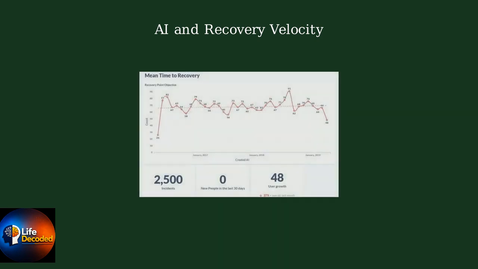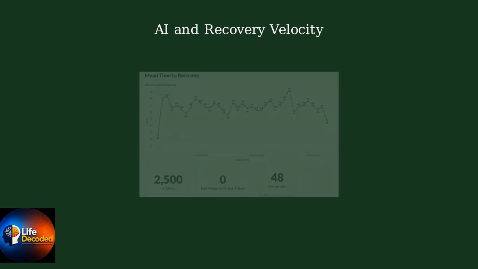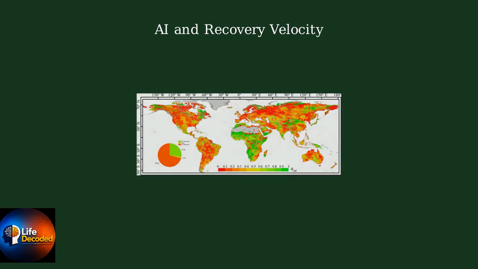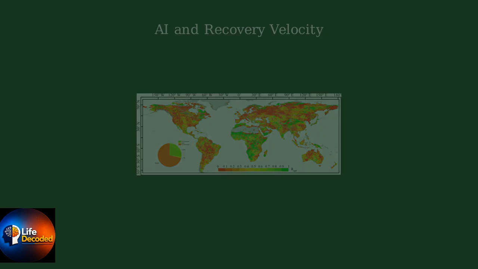By analyzing fluctuations in satellite data, AI models determine the speed of the recovery process. This data helps scientists identify areas where ecosystems might be struggling to bounce back. Finally, global mapping provides the spatial context for these recovery patterns. This allows for landscape-scale planning, ensuring that we support ecosystems that are at critical tipping points.